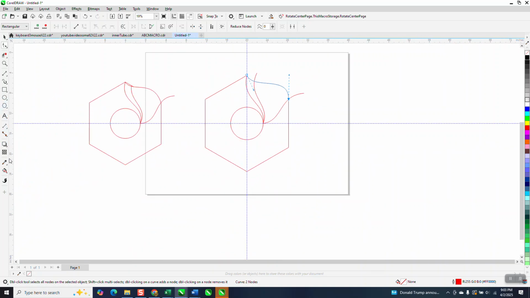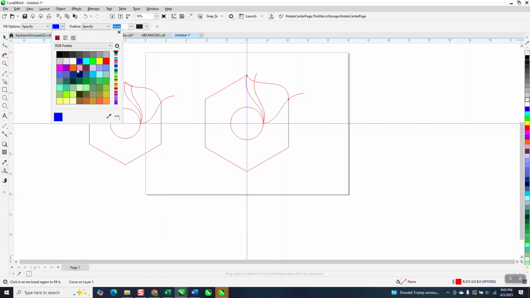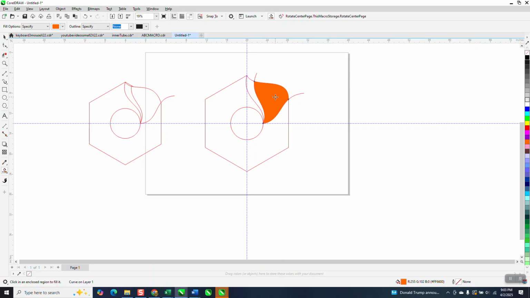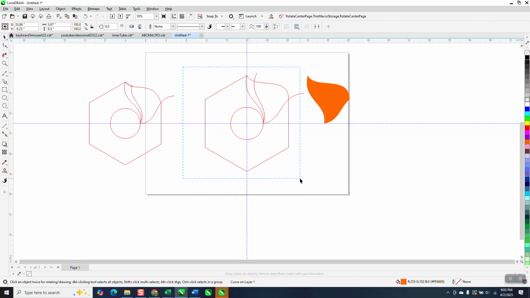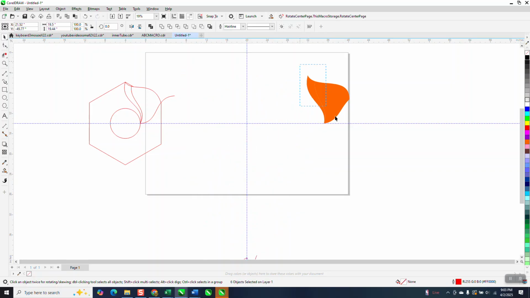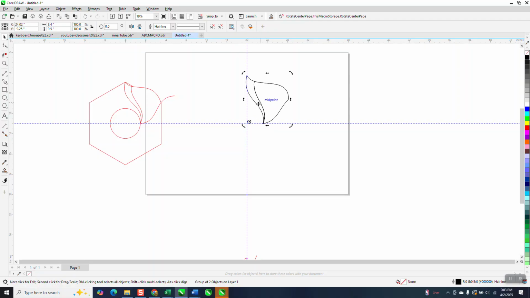Now what does matter is we're going to take the Smart Fill tool, set on any color. I'm going to use orange this time, even though that blue is pretty cool. And I'm going to fill that in, and I'm going to nudge it over, fill that in and nudge it over. And then I'm going to just get rid of this by nudging it down. Now I'm going to nudge this back over, and I'm going to left click, right click. And before I do anything else, I'm going to group it together, Control G, Control D, and then I'm going to rotate it from the center of the page